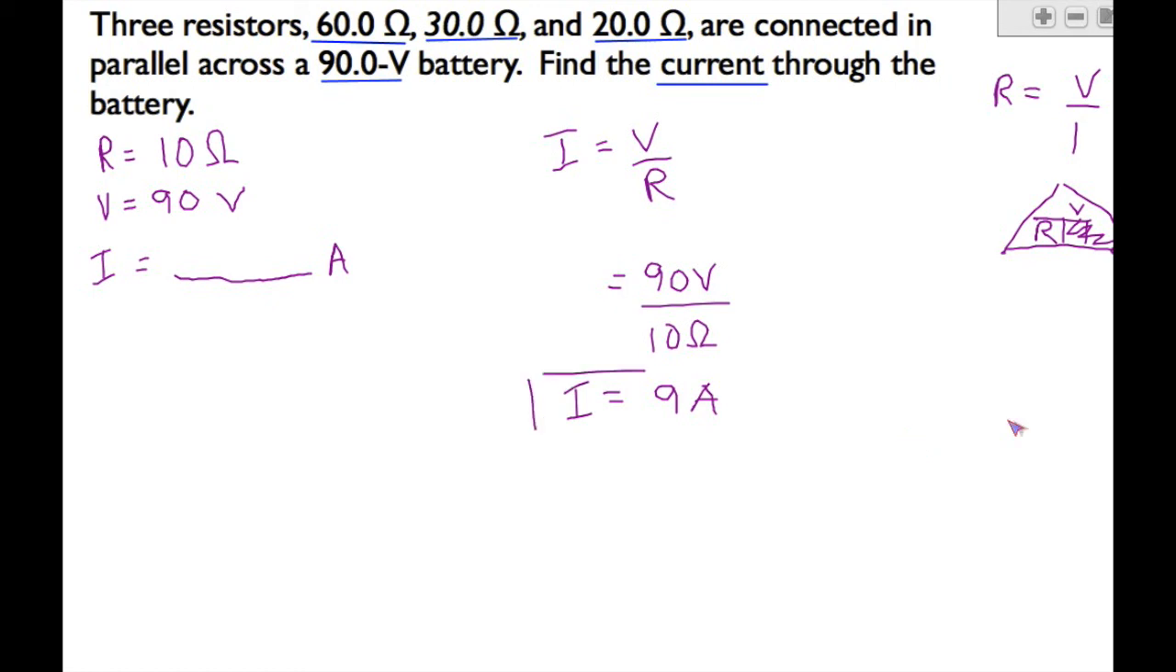Now I want to talk about some safety devices in circuits, and this is